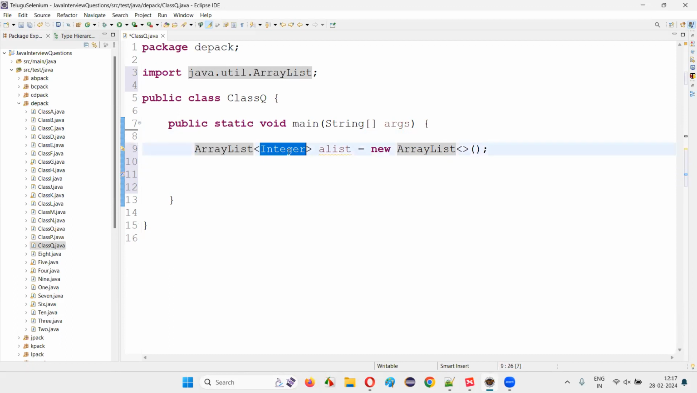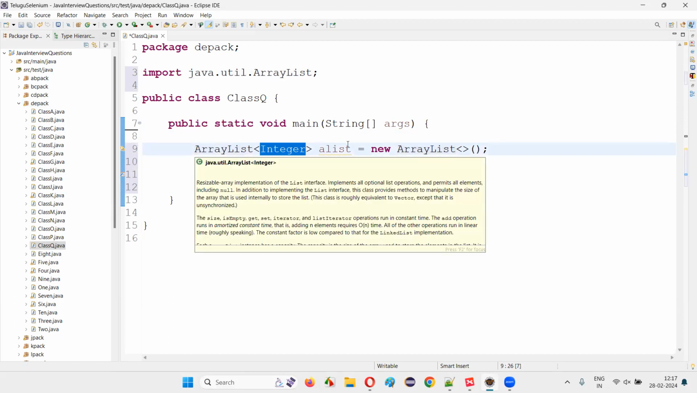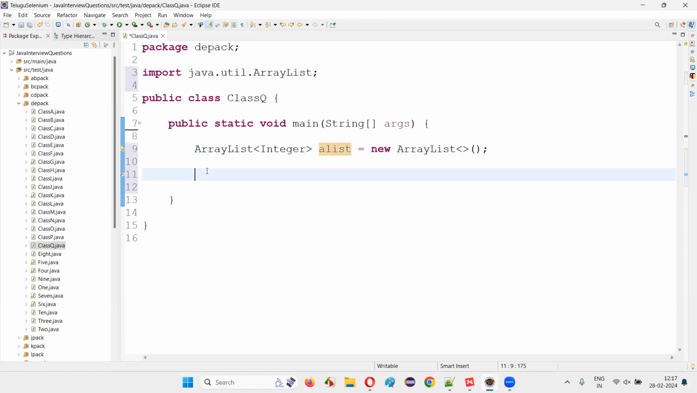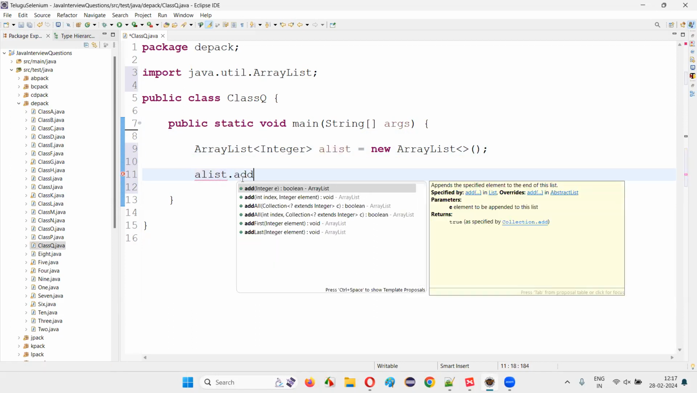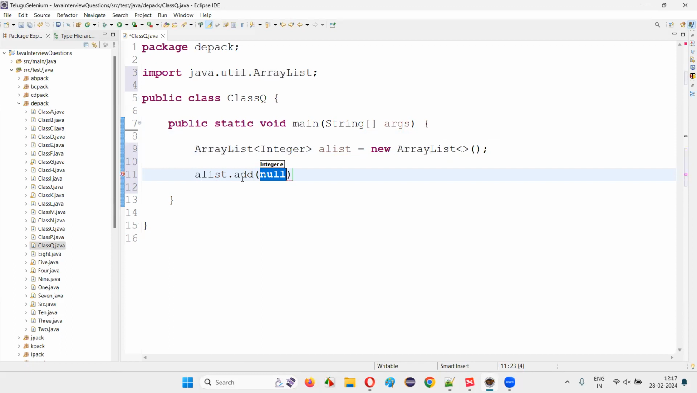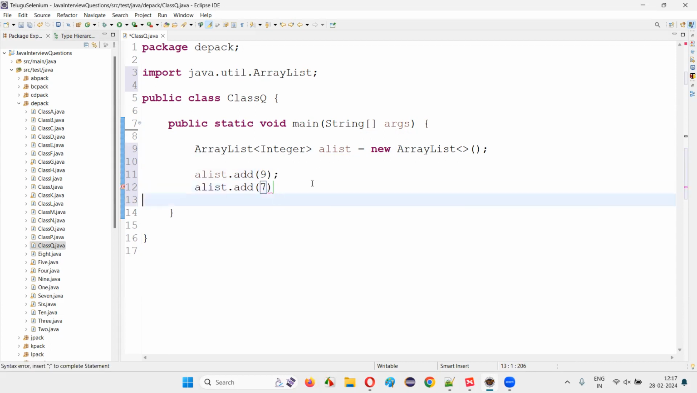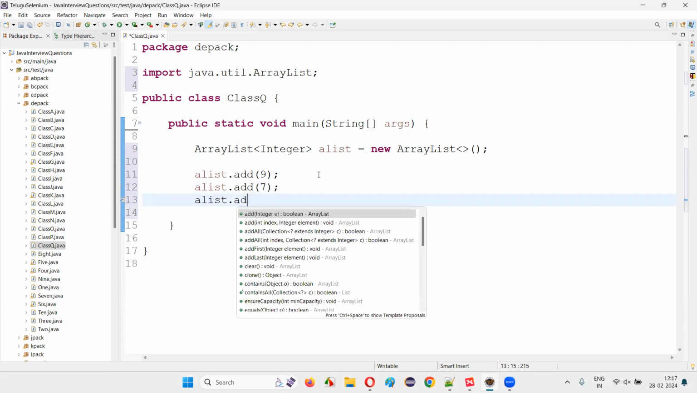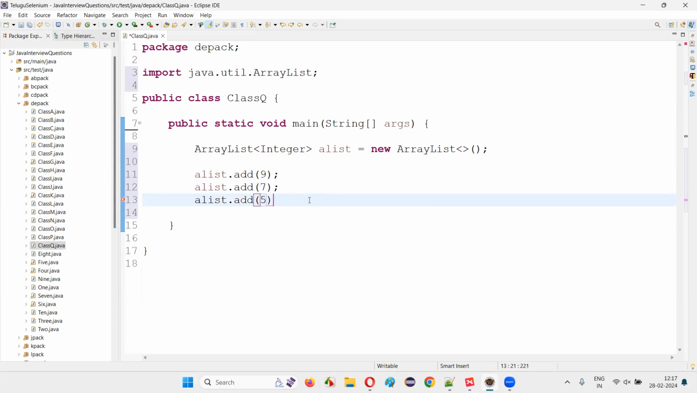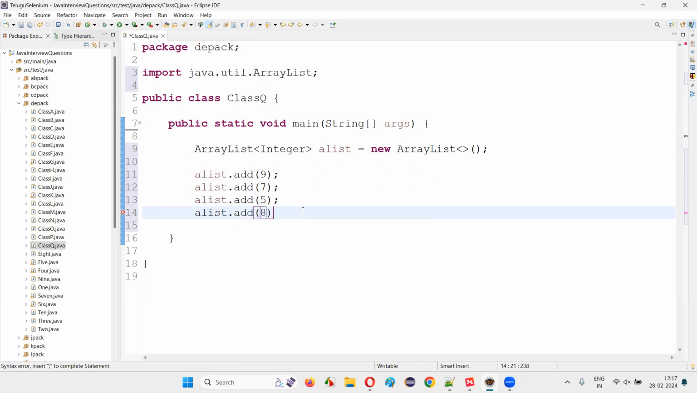Now I would like to add some elements into this array list by using this object reference and a predefined method known as add method. I would like to add integer objects into this array list. Let's say 9 integer object I have added. aList.add(7); aList.add(5); aList.add(8);